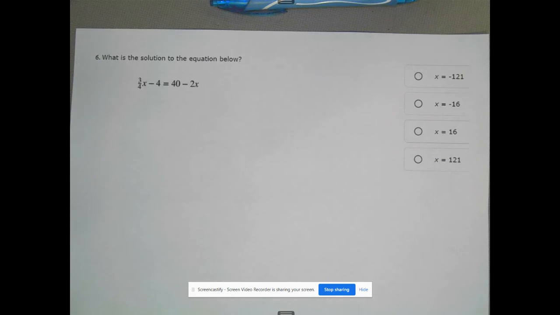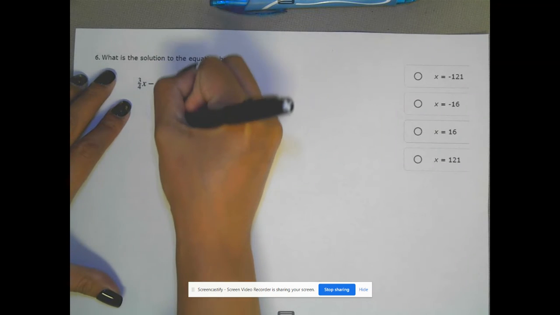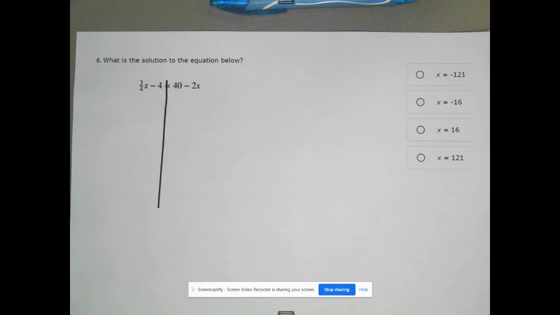Question 6. What is the solution to the equation below? The equation says 3/4 x minus 4 equals 40 minus 2x. All right, so I drew my line down the middle to remind me I need to do the same thing